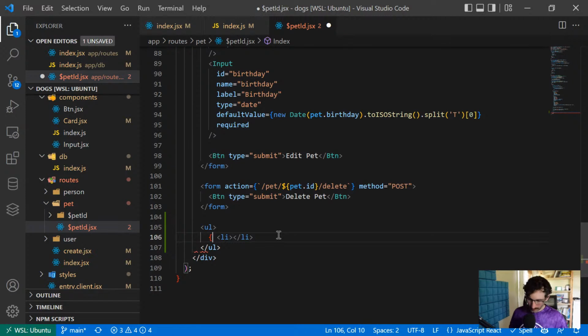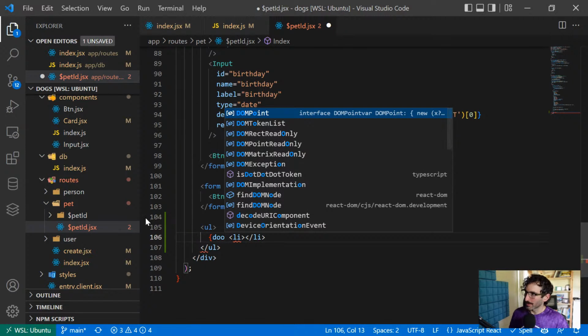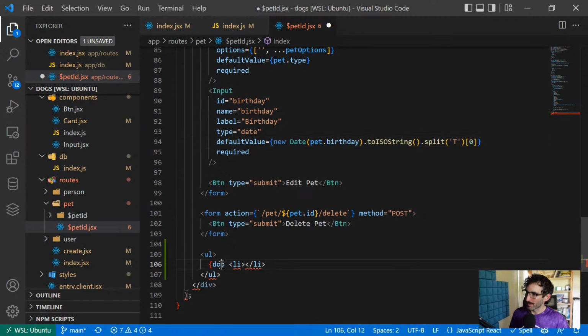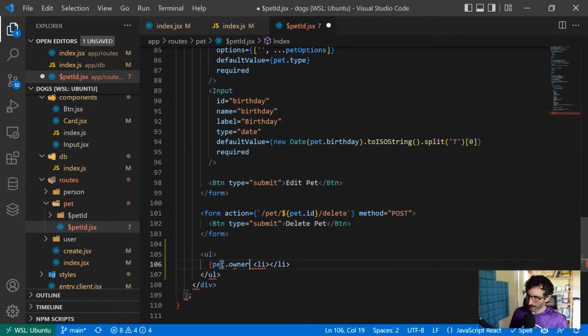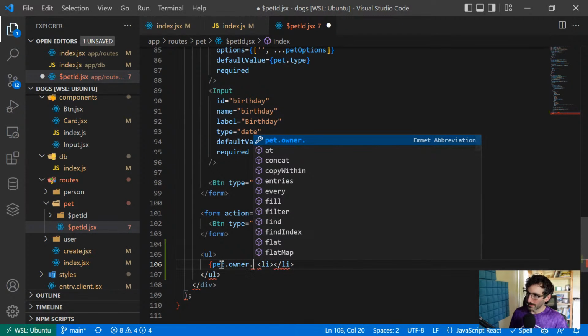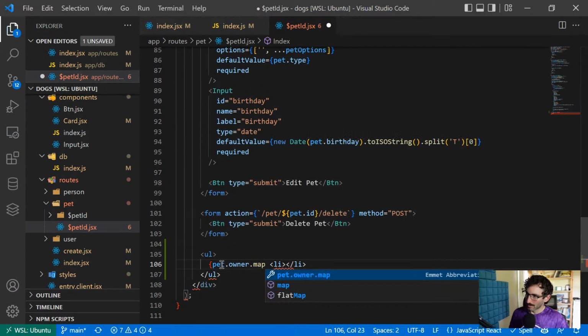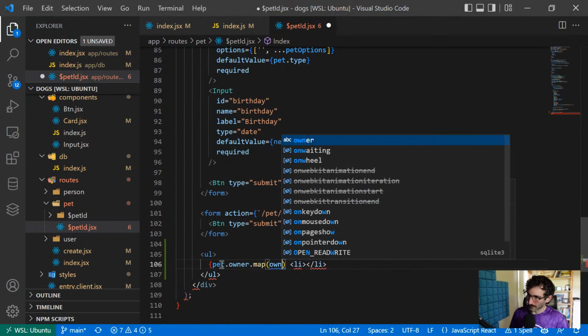Okay, so here we're going to do, what is it, doggo? Is it still doggo? Or is it pet? It's pet. Okay, pet dot owner. And that's going to be a list, so dot map. And for each owner, you're